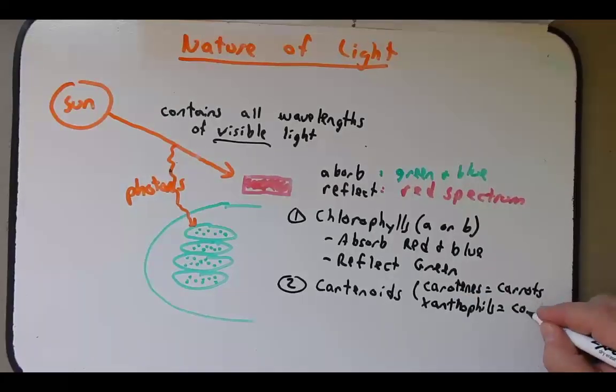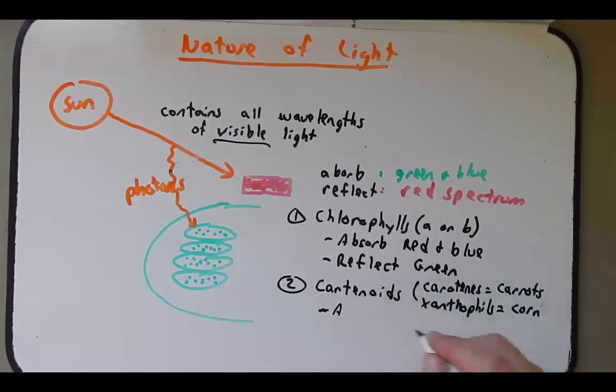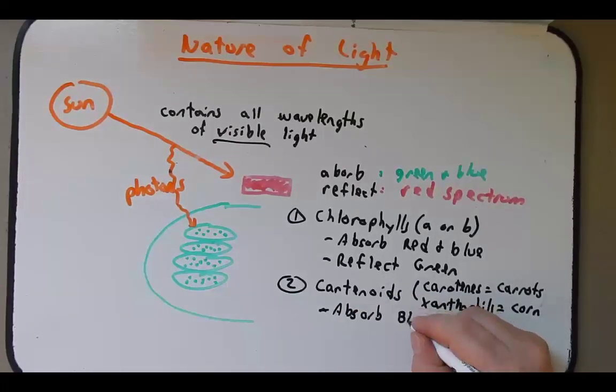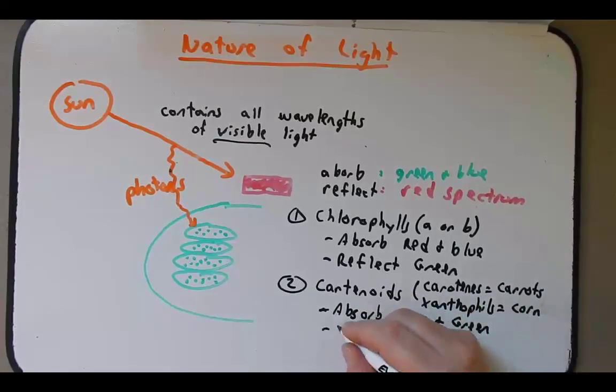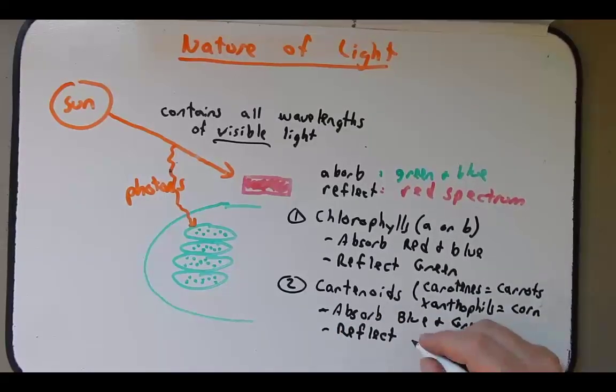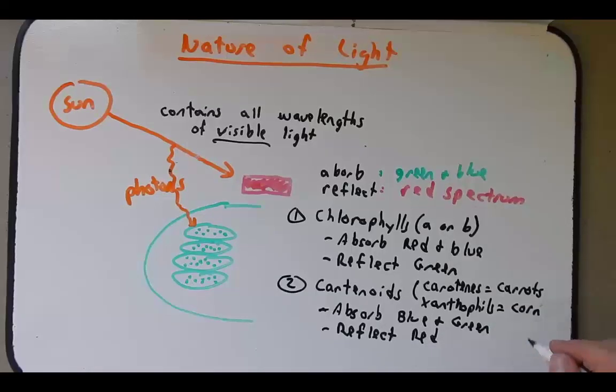And this is why corn appears yellow. We'll talk a little bit more about carotenoids, but you should also know this is why we see red and yellow and orange colors in the fall. So carotenoids, in general, will absorb blue and green light, but they will reflect color wavelengths in that red spectrum, which will include the yellows and the